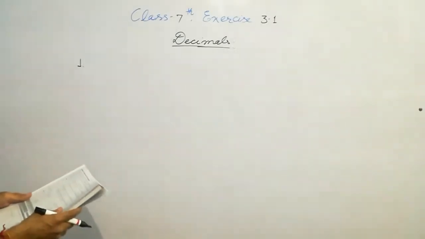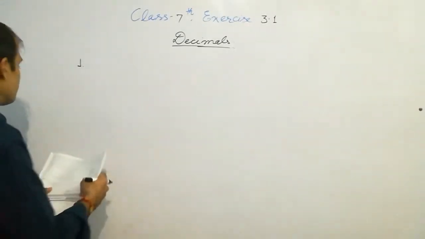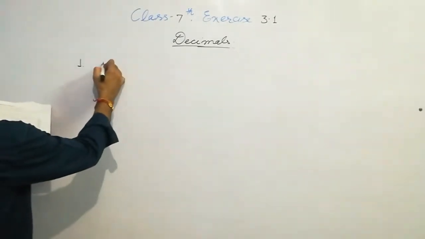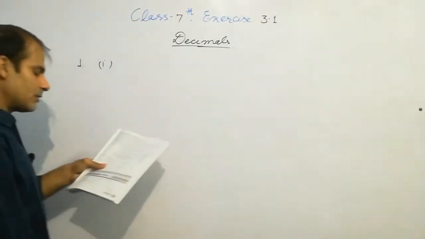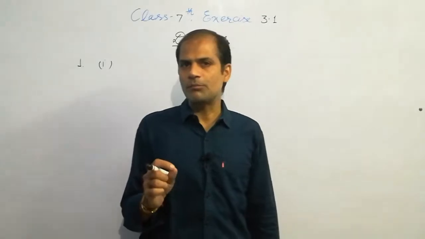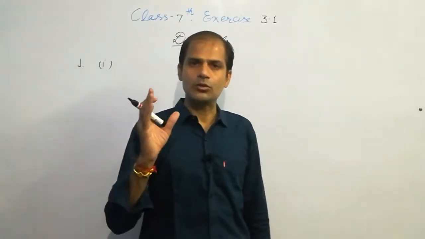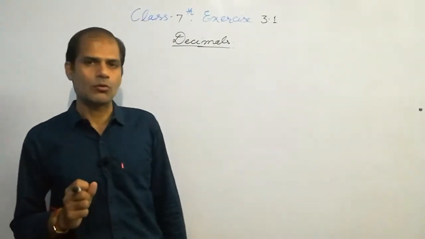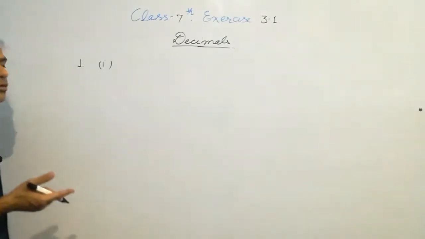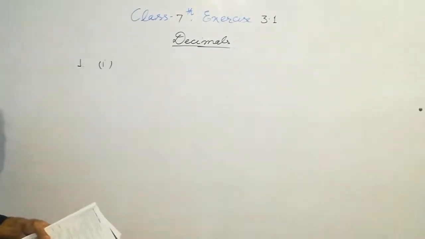So convert each of the following decimals into a fraction in lowest form. Okay, so be sincere, look at the board and listen carefully. First part, it says convert each of the following decimals into a fraction in lowest form. You know the meaning of fractions in lowest form. किसी भी फ्रैक्शन को हम उसमें जो न्यूमरेटर्स और डिनोमिनेटर्स होते हैं उनको हम डिवाइड करते हैं किसी एक नंबर से, तो जो फ्रैक्शंस मिलेगी हमको वो सिंपलेस्ट फॉर्म में होगी. And how to convert a decimal into a fraction form?